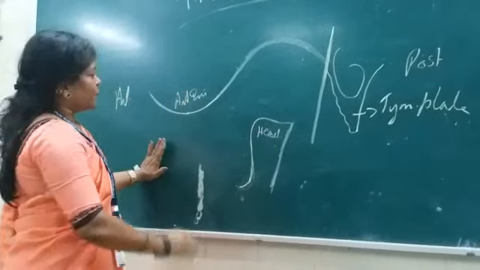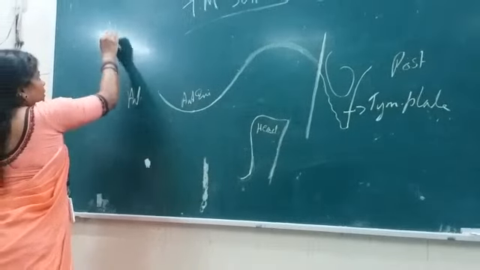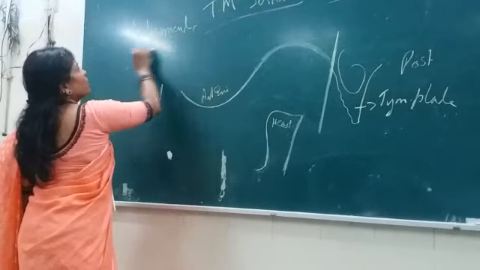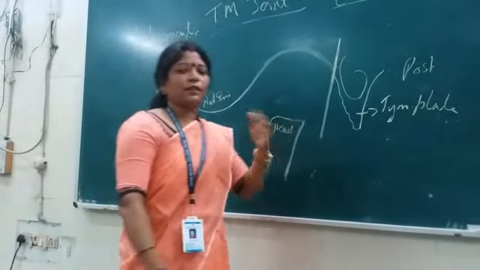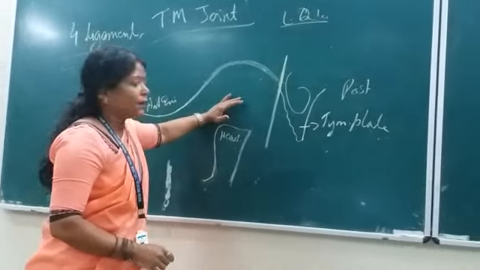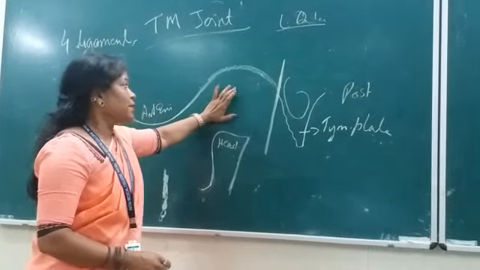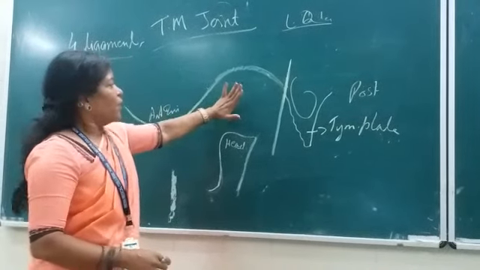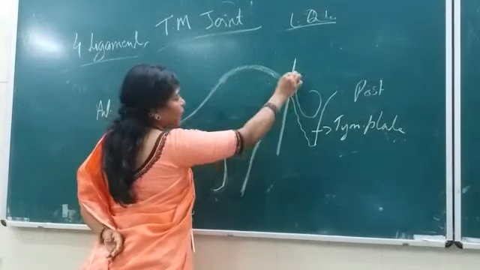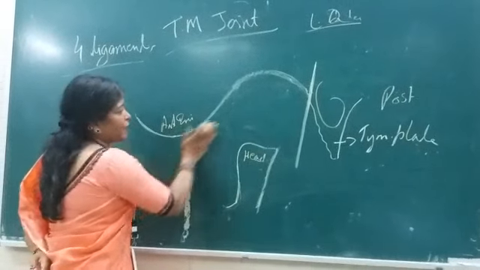Now this joint has 4 ligaments. Like any other joint, you have to discuss the ligaments, whether it is the shoulder joint, the knee joint, or the hip joint. Here also, in the temporomandibular joint, whenever you are asked a long question, you have to mention the ligaments. First, the joint cavity. Above it is formed by what we have discussed, here is the tympanic bone, here is the mandible, and here is the joint cavity.